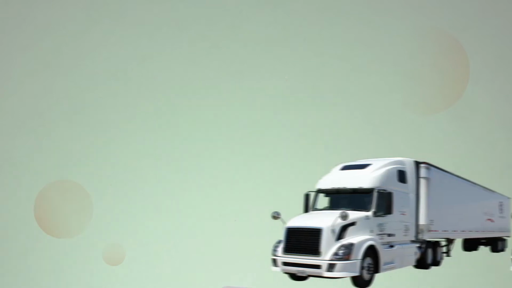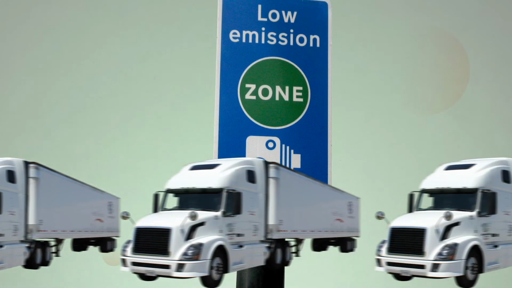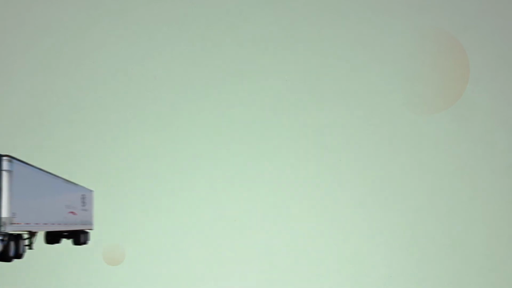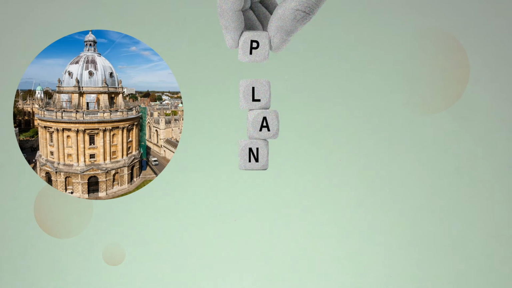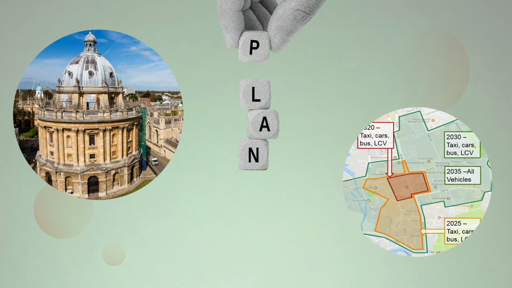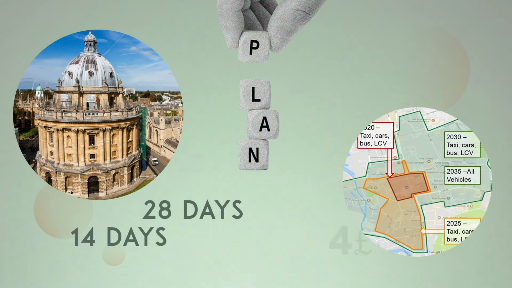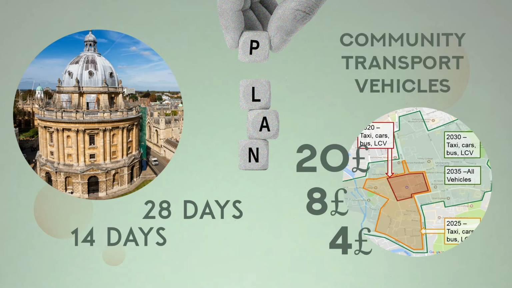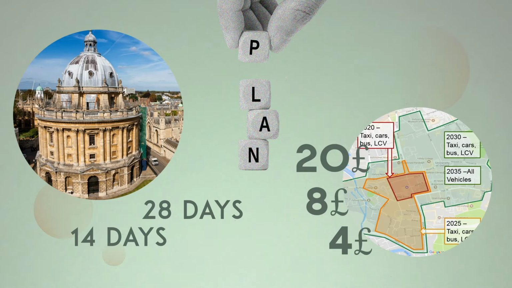It also gives web links to accredited vehicle inspection centres and to where the public can report illegal vehicles. With any type of charging scheme, it's important that those travelling to the city are aware of the scheme's charges and any criteria for exemptions. For example, in Oxford's pilot zero emission zone, citizens are able to plan for the scheme because the proposed charges are clearly available online, including the charging time period, the specific charges for different vehicle classes, and details on which vehicles would be exempt from the charges and how long this exemption lasts.